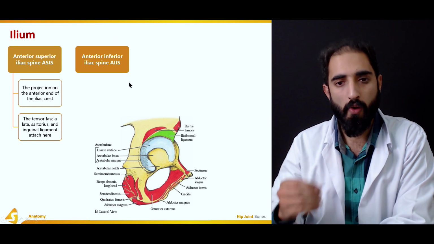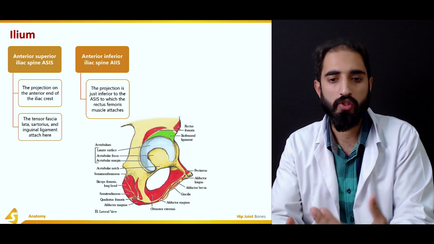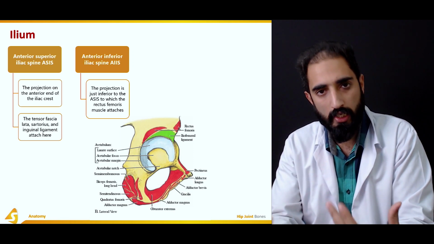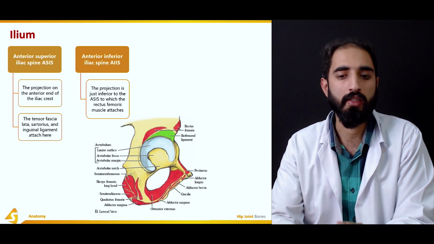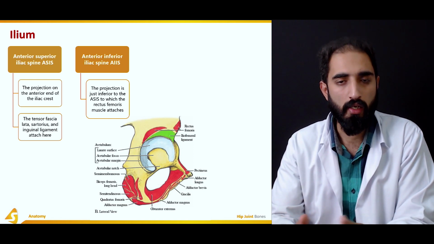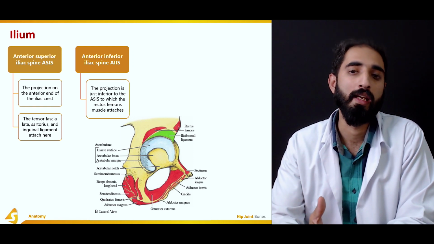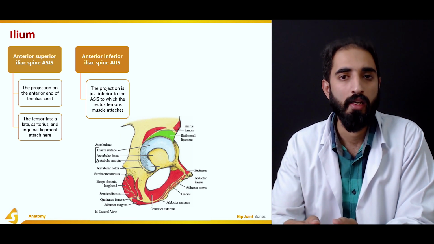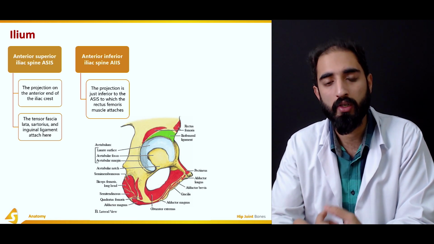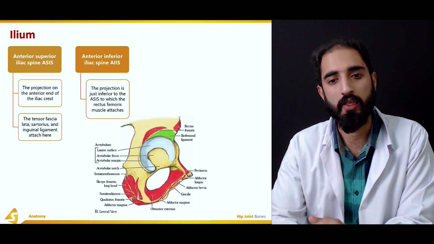Similarly, if we talk about the anterior inferior iliac spine, this projection is just inferior to the ASIS, or the anterior superior iliac spine. The significance is that the rectus femoris, which is part of the quadriceps femoris, the primary knee extensor as well as the secondary hip flexor, attaches at the anterior